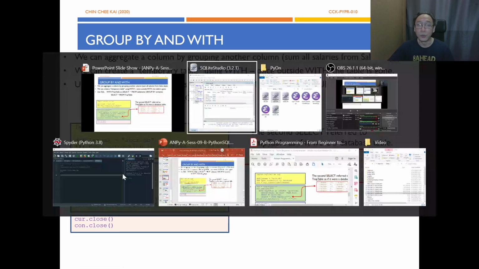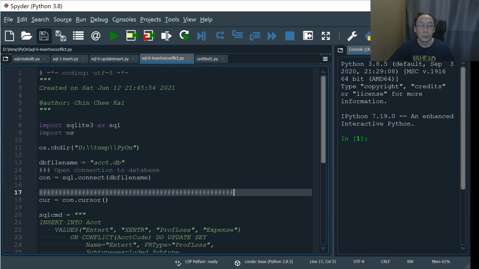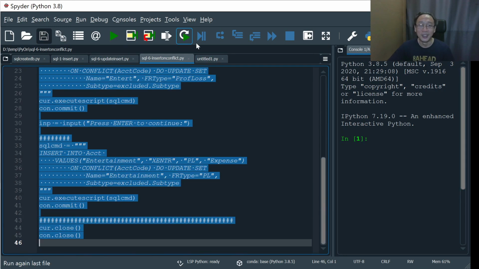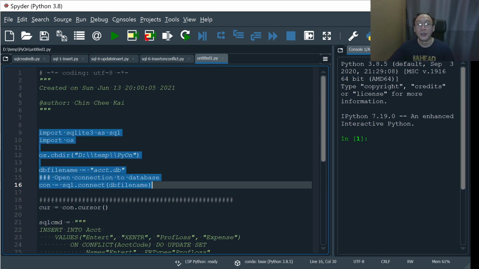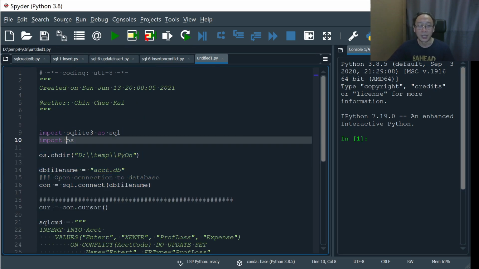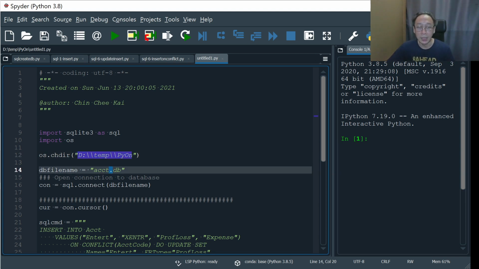Let's move over to our Spyder. And we'll just copy from ourselves. All right, everything first. Okay, so we have this yellow section, importing, and I did this additional import OS, change directory to my working directory, which is Python here. And you can change or rewrite this as the path to your own working directory. And we want to open the account data